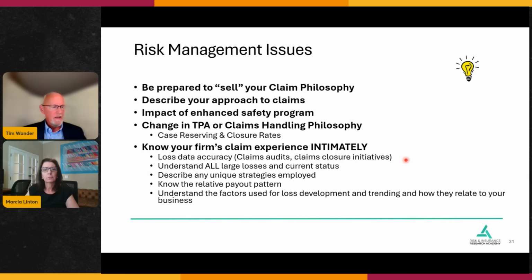Talk about, here's the anticipated impact of our safety program. Here's what we've done in the past. Here's what we have in place. Here's the expectation in the future as to what impact that safety program is going to have. And has there been a change in claim handling philosophy, reserving